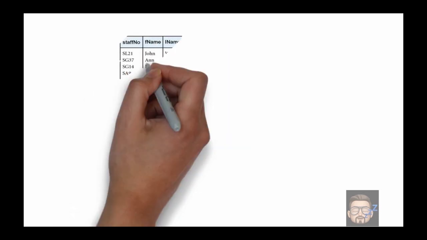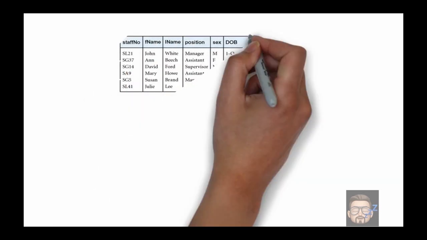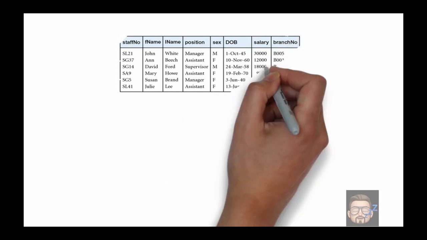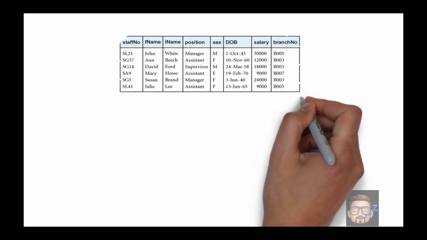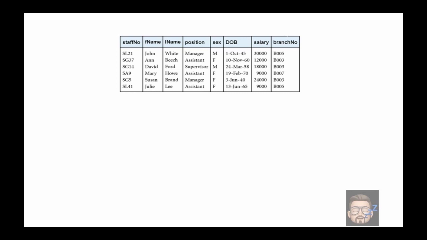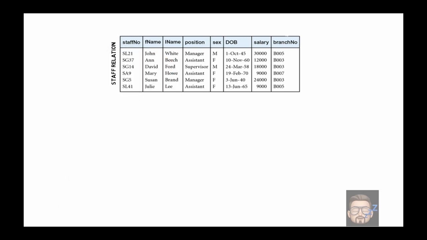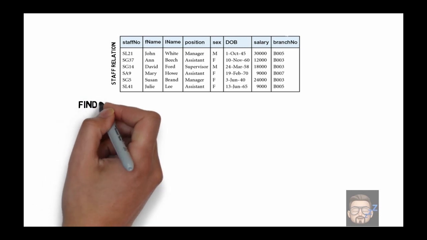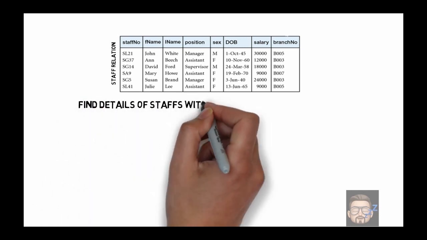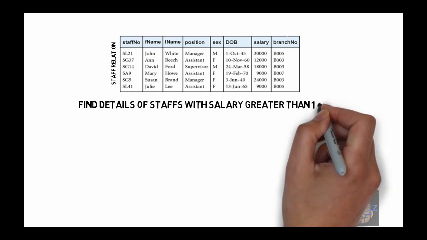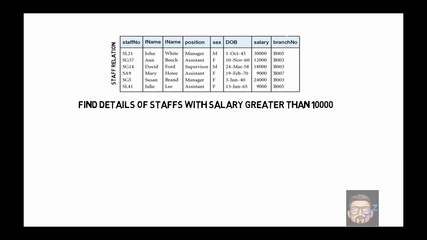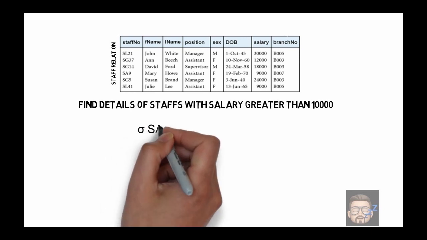Let's take a look at this example. We have staff relation. Inside the staff relation, we have staff number, first name, last name, position, sex, DOB, salary, and branch number. Now the query asks you to find detail of staffs with salary greater than 10,000. If we take a look here, we want the details, means we select all of the columns with a condition salary greater than 10,000. How we can do it will be